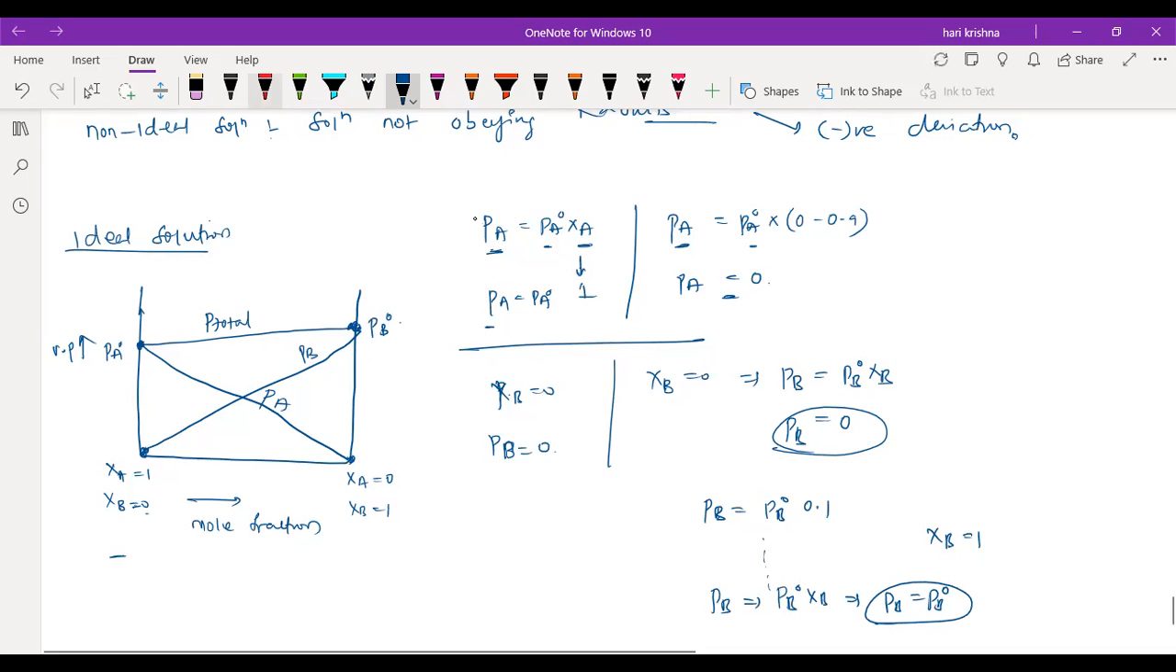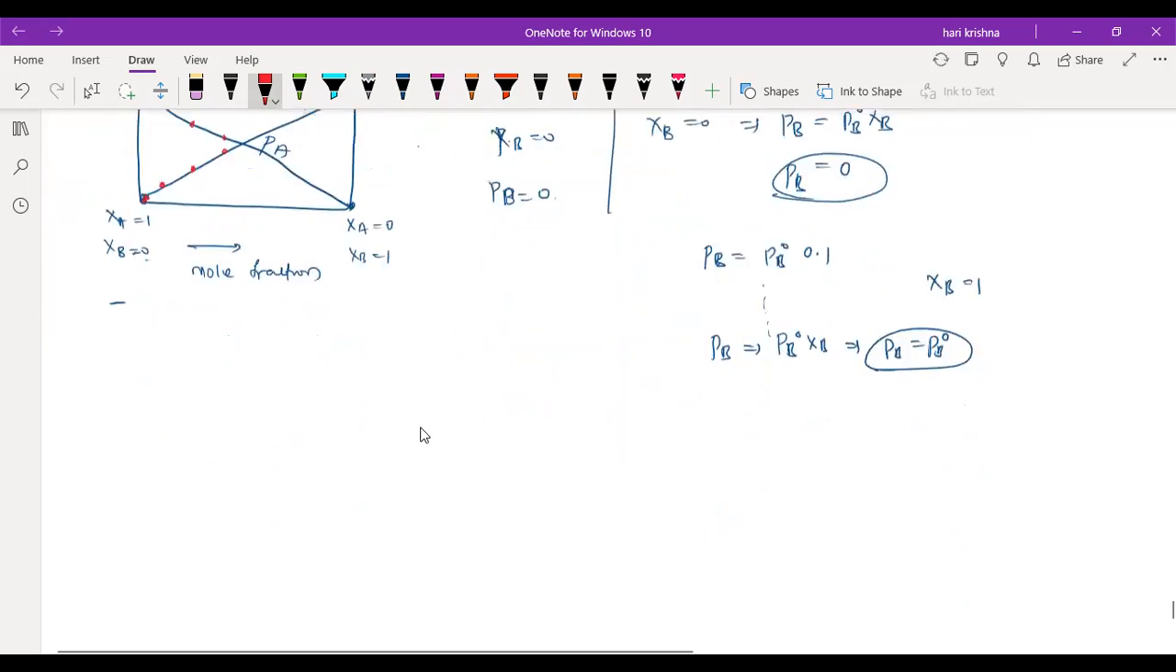Now, how are you obtaining this line? P total means what? PA plus PB. So when you're adding this point and this point, we'll get only this point. But when you're adding this point and this point, we'll get the sum of this, right? Sum will be this. When you're adding this sum and this sum, we'll get the sum like this. Clear now? Yes, sir, it's clear. So this is the ideal